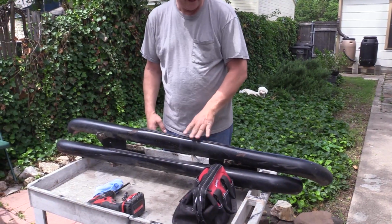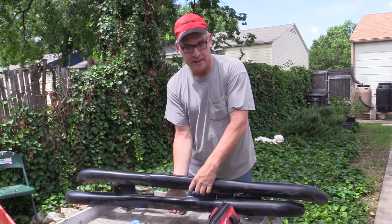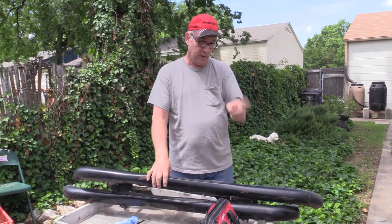Okay, so here's the old tube rails. We got them off. You can see they're really light. I don't know what brand they are. They did what they were supposed to. They were a step for the Jeep. They really weren't to protect the Jeep. The new ones, however,